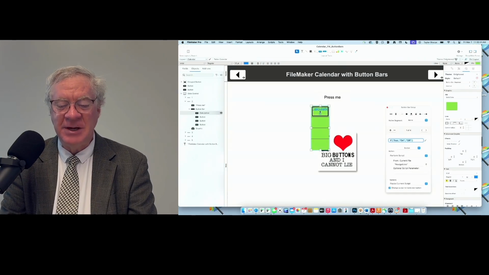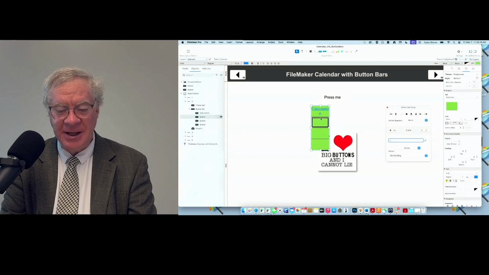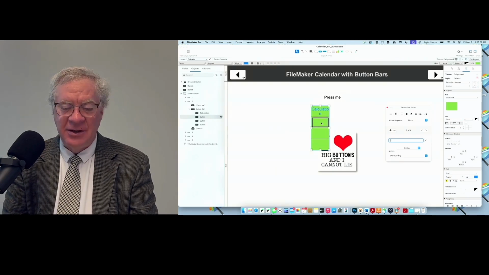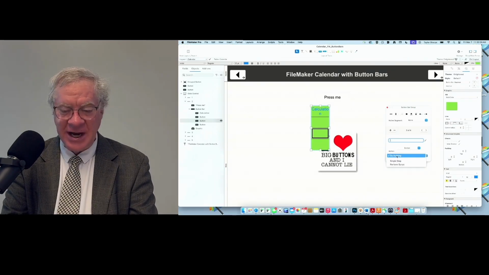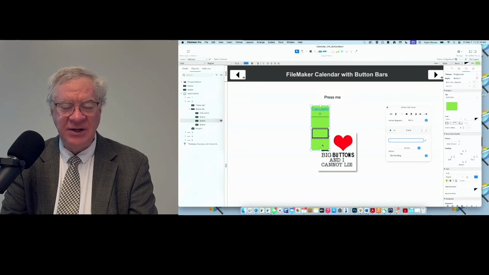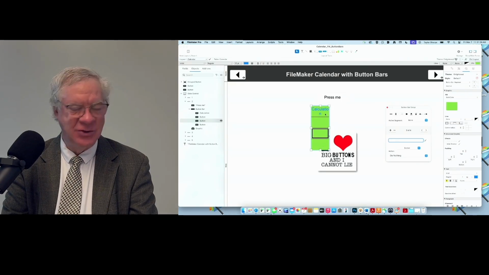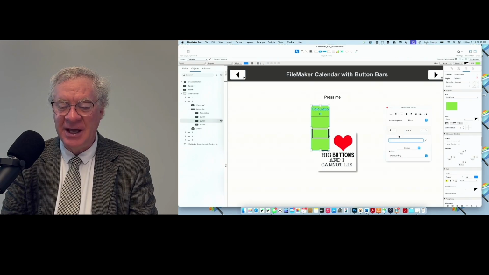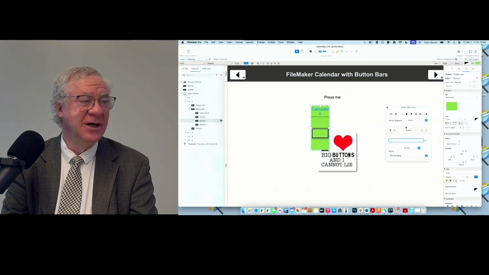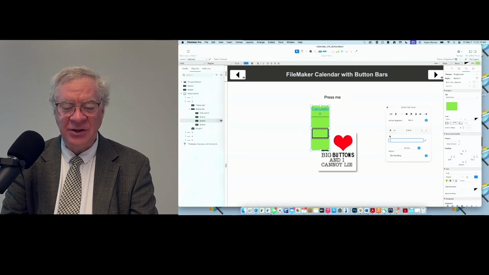Button bars are really useful for those kinds of things. And just to make sure you also understand, you can do a different calculation for each segment, and within each segment it can all be completely separate what you're doing, including the action that it does. Once you assign it, you can do a single step or a perform script that's different on every button. So you don't have to make individual buttons all running the same thing. You can customize each segment to behave as you want it to, and that can be very useful.